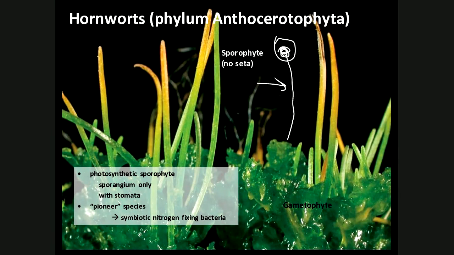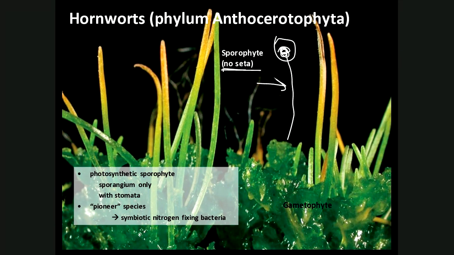All right, now, the reason why it says in hornworts there is no seta is because all of that is sporophyte. All of that is sporangium. It's not a stalk that rises up to something at the top. All of that entire structure there, that green structure, because in this particular case, the sporophytes are photosynthetic. Remember the ones in the mosses, when they turn brown, they're not photosynthetic, but these guys, the sporophytes, are photosynthetic. Not only are they photosynthetic, they also have stomata. So these guys can help out with photosynthesis. All right, but that's what we mean by the fact that it has no seta. It has no stalk holding up. It's all sporangia. All right, there's the gametophyte down on the lower right.